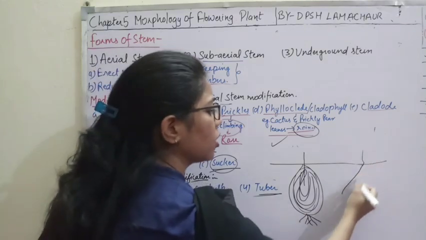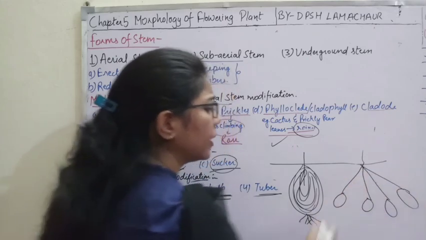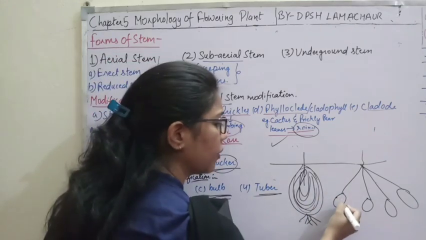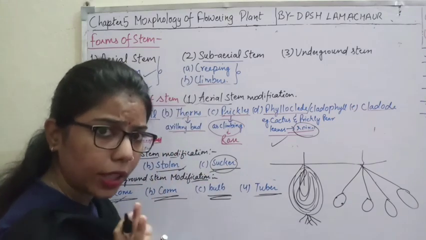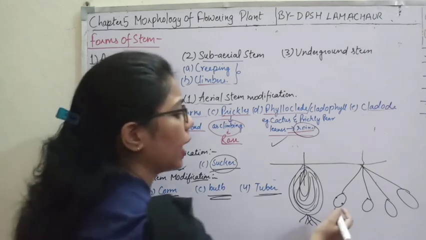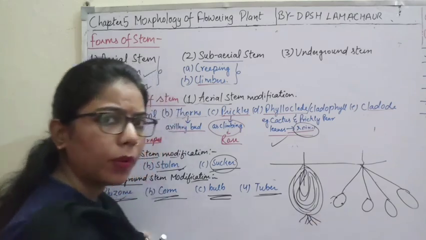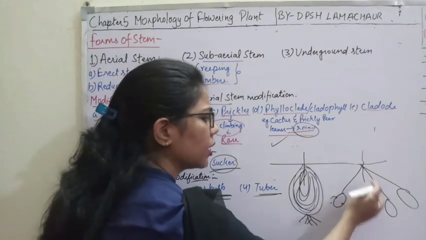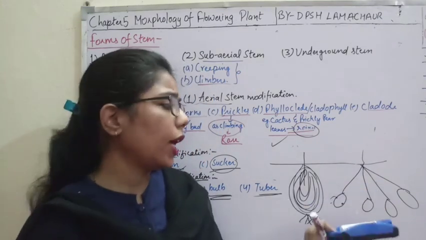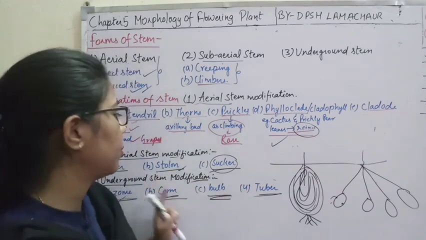So if you see the structure of potato, they are all growing terminally like this, and they also have nodes and internodes. They also have buds. Have you seen the eyes which are present in case of potato? So what are they showing? They have proper nodes and internodes, and sometimes you can see some small roots are also there, but in that case no proper roots are there, so they are connected with this nodal part right here. So again, this is the modified form of stem, and it is helpful for storing the food of the plant during unfavorable condition.